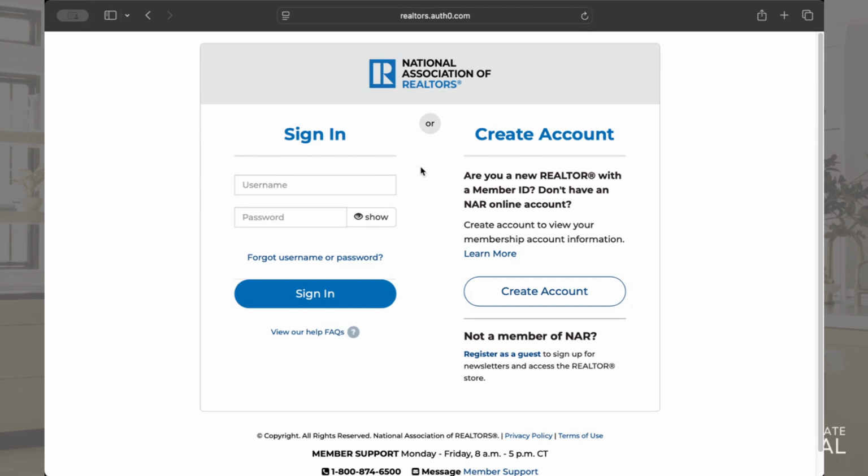If this is your first time doing it and you need to create an account, this is how you would do it right here. If you are a realtor with a member ID, so you're a realtor with an NAR number or a track number, this is what you'll use, and you'll just click on create account. You'll create your password and all that good stuff. So I'm going to go ahead and sign in